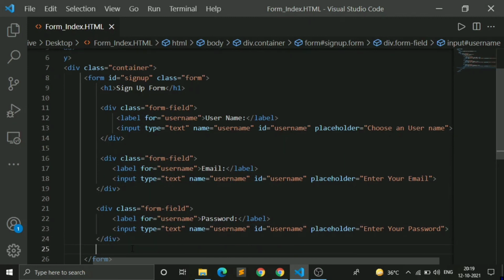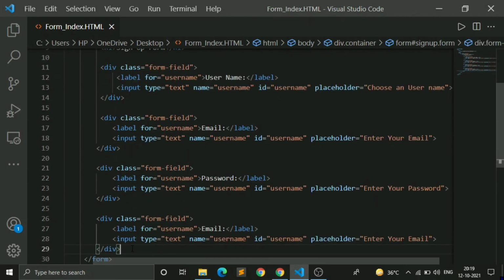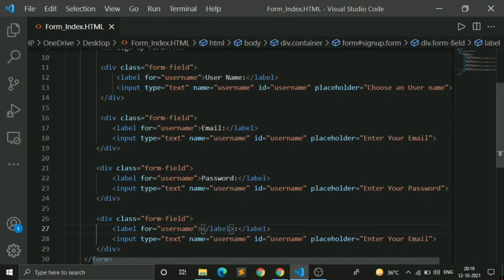And next we have to create confirm password. So here I will give confirm password.